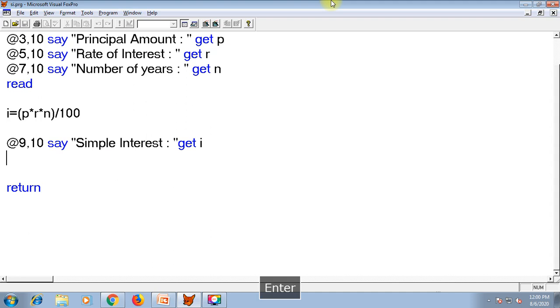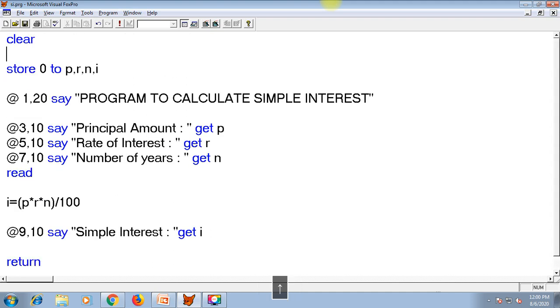So it was the program to calculate simple interest in FoxPro. First of all, we should decide how many variables are required. We required 4 variables. Then just a simple message so that the user can know which program is being executed.